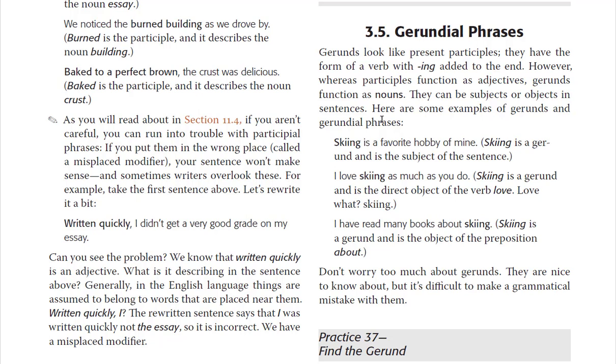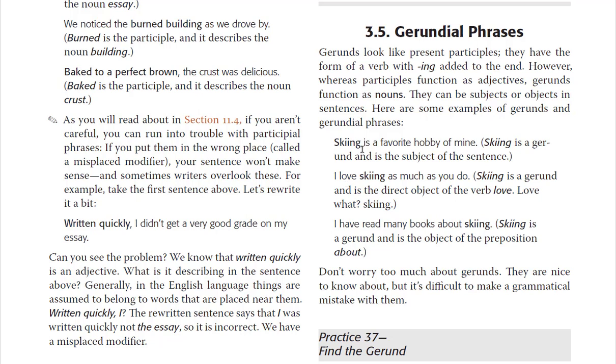And so a gerund looks like a verb, because with a verb you would say, he was running to the store. But then you would say, running is my favorite hobby, or shopping is my favorite hobby. I like shopping. And so skiing is a subject. Therefore, this is a gerund. When you have an ing word that's used as a noun, or an ing word that's used as an object, then it is a noun. When the ing word is used as an adjective, then it is a present participle. Actually, a past participle is an ed word used as an adjective.